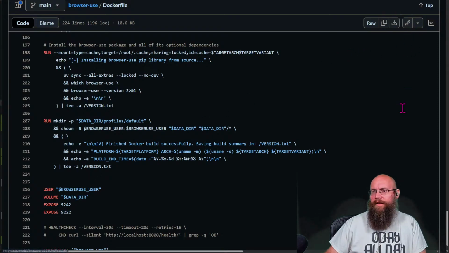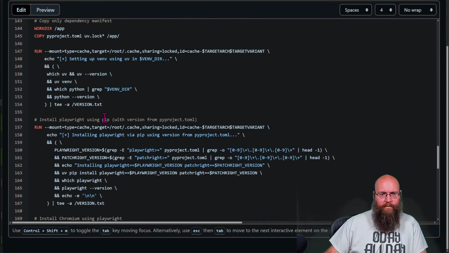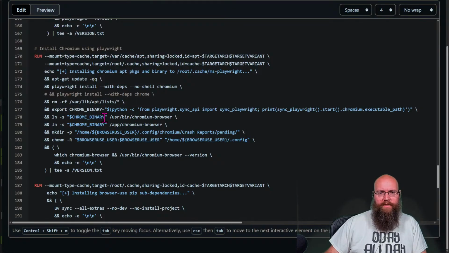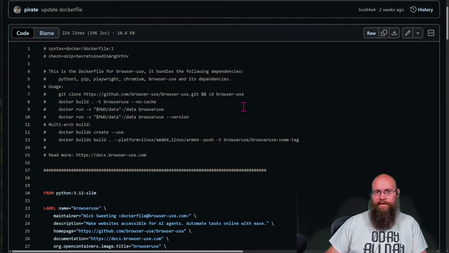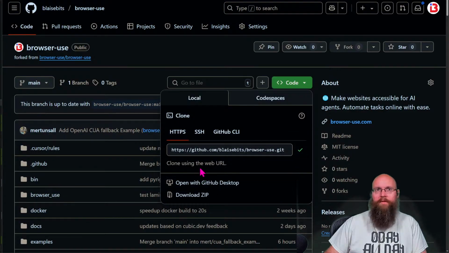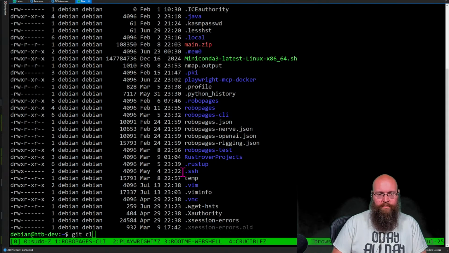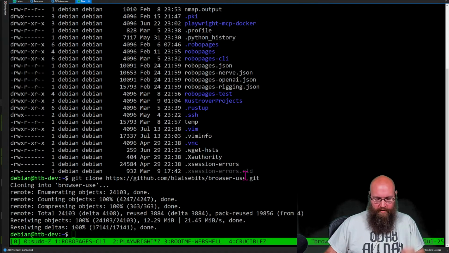Oh, dang it. I didn't edit the file here. Let me edit this. I'm going to make one small change that I think might... You know what? I'm not going to make a change here. I'm going to cancel that. But I am going to clone this one. So we'll download the Blaise Bits fork of it.